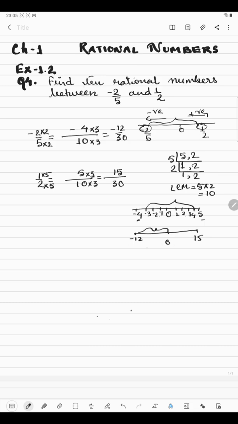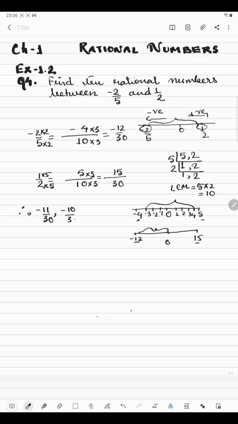So we can take this one. If you multiply by 2, then also it can be done. So how many rational numbers are coming here? We will have to write 10 rational numbers. We don't have to write more than 10. We'll just write 10. So we can start from a negative number or a positive number. So I'm starting from negative rational numbers. As this is our limit, we cannot take this one. So before minus 12, minus 11, the denominator will remain the same, which is 30.